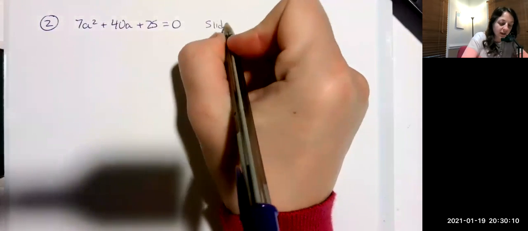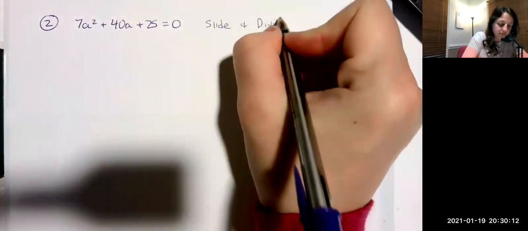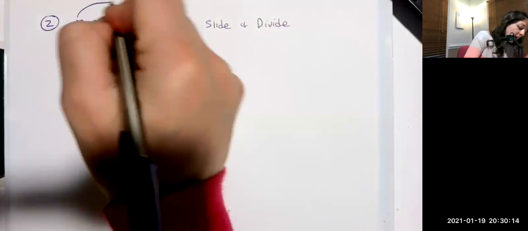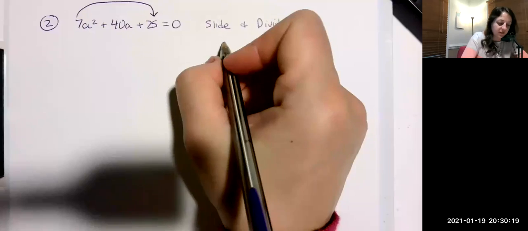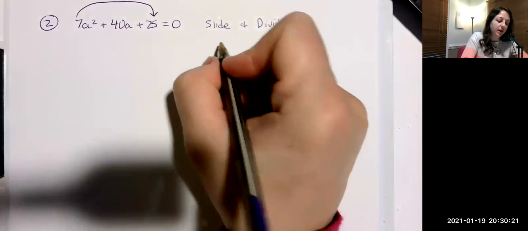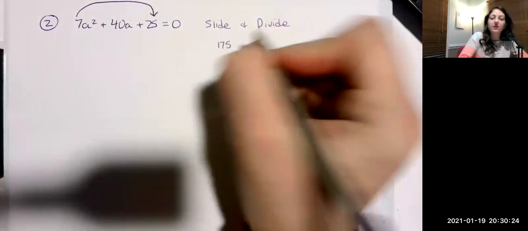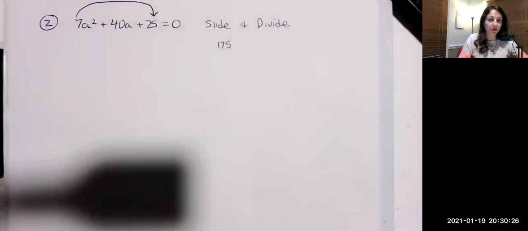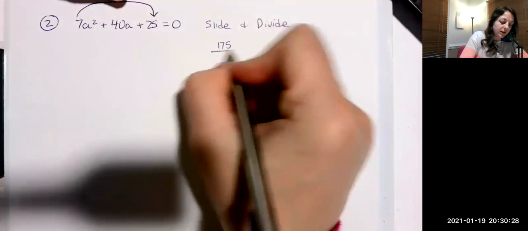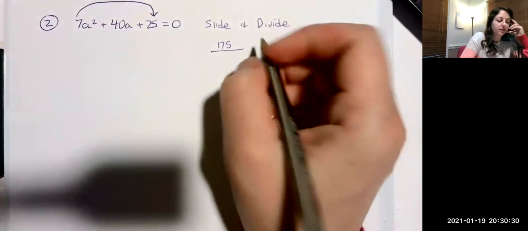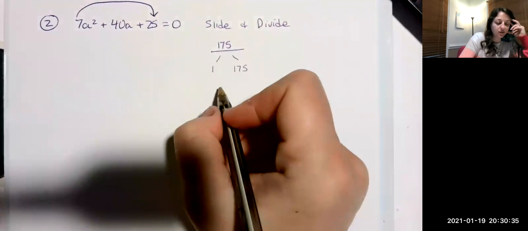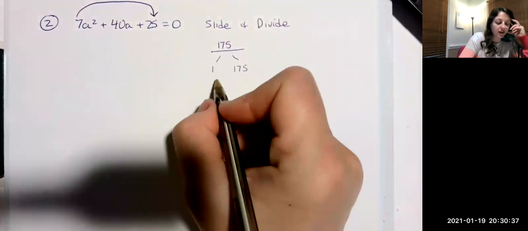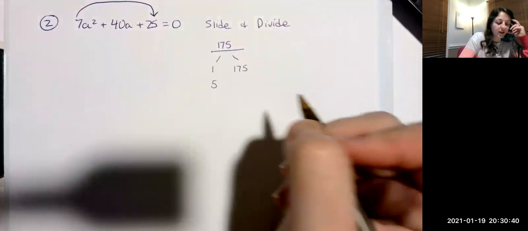To factor this, I'm going to use slide and divide. So I'm going to slide the 7 over to the 25. 7 times 25, let's see, if I have 7 quarters, I have $1.75. Whenever I think of 25s, I count it up in quarters. 75 is 175, 1 and 75. Can't do 2, can't do 3, can't do 4, I can do 5, and